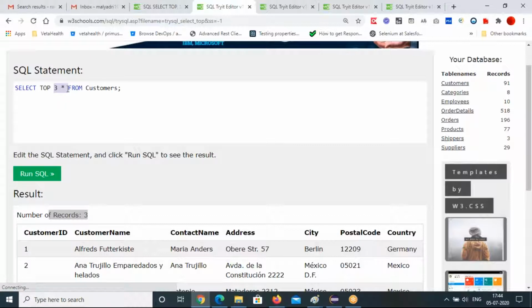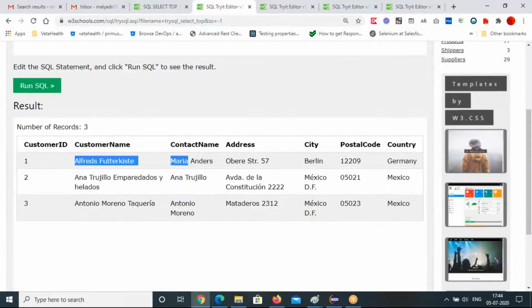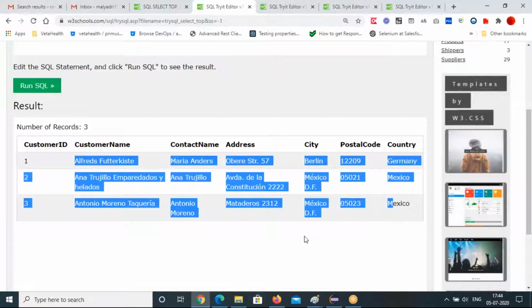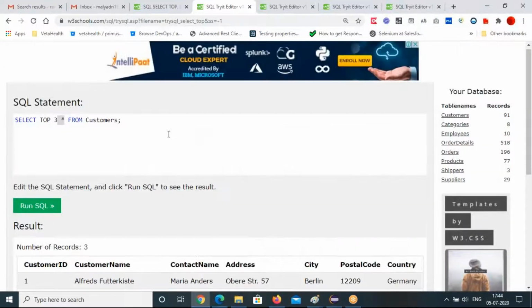The 3 star means all data of the top 3 records, so all columns' data it will fetch. That's TOP 3 for Microsoft SQL Server or MS Access.